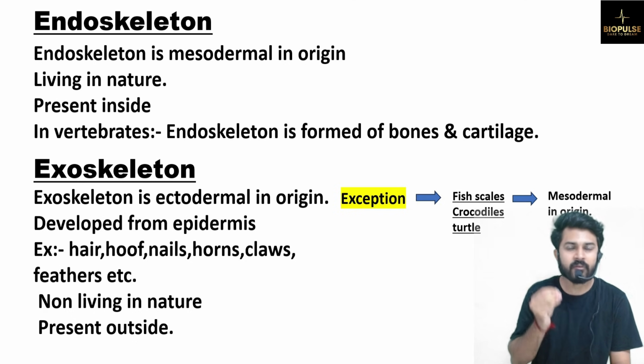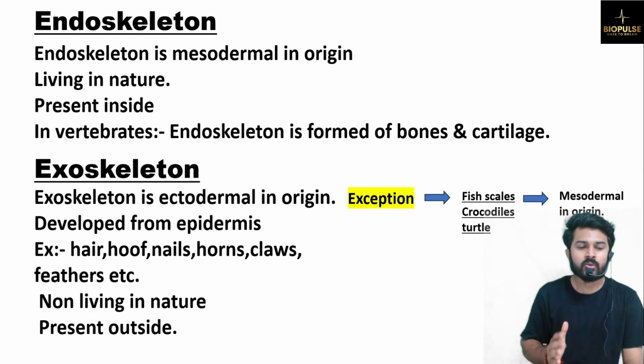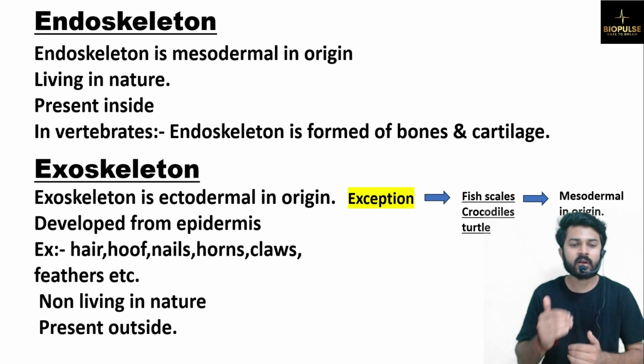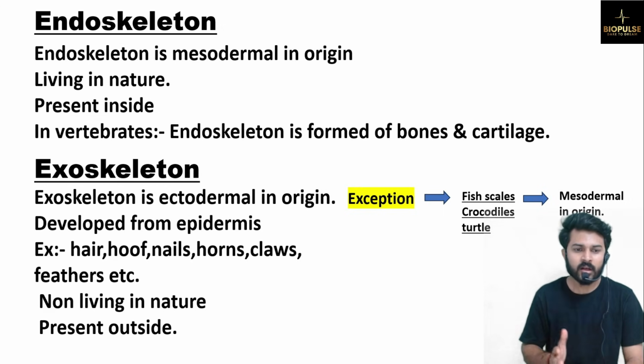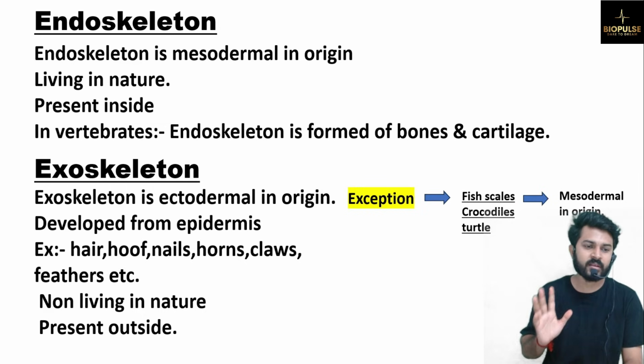Here in the endoskeleton, the first kind of question they can ask in NEET. In the animal kingdom, if you remember, I taught you about the three germ layers: outer ectoderm, middle mesoderm, inner endoderm. So here they can ask the endoskeleton has its origin from which of the three layers. So you have to say it is mesodermal in origin. In body fluids and circulation also I told you that the heart is mesodermal in origin.